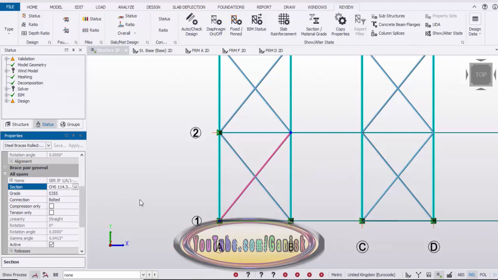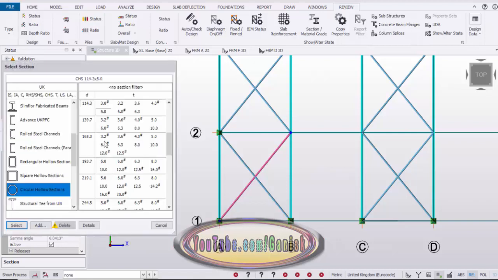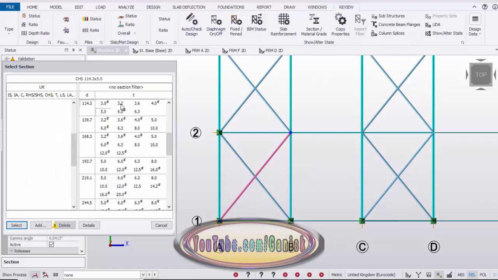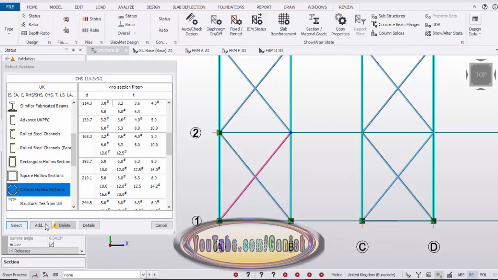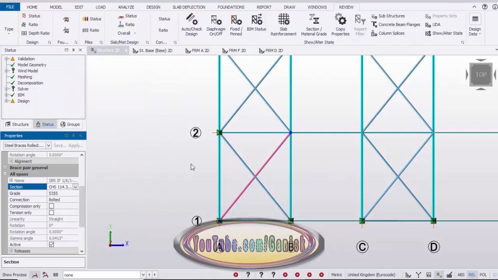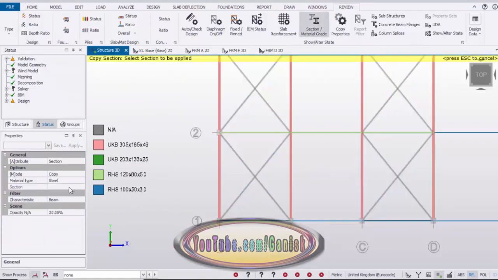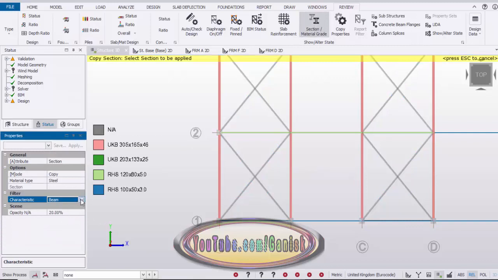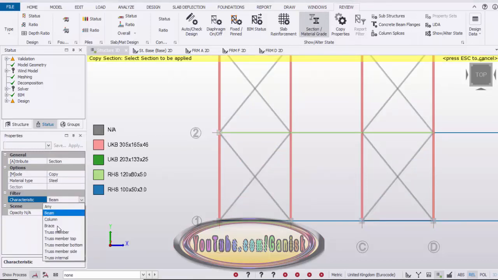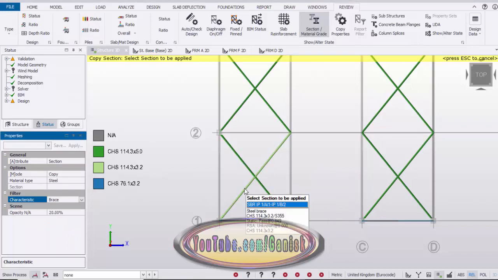Click on new and let's take 114.3 by 3.2. Click on select and click on escape and now select this section and here change this option here, braces, and select this option.